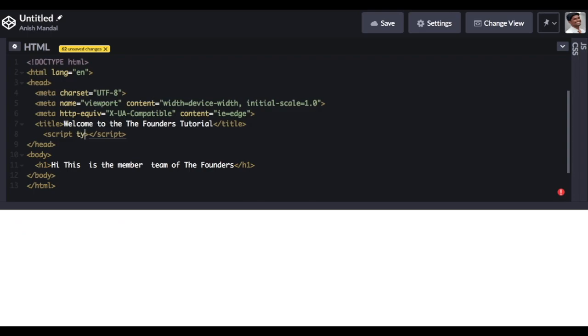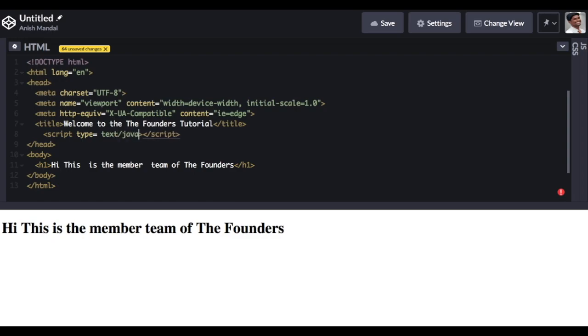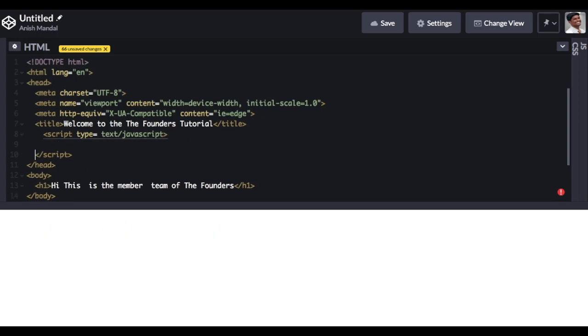Nowadays the type is neglected, that depends on you. If you write the type, the script type is text slash JavaScript. Okay, now write your message in between the script tag.